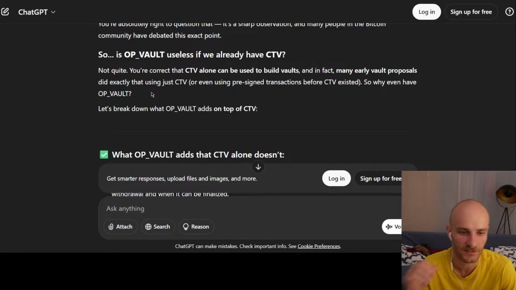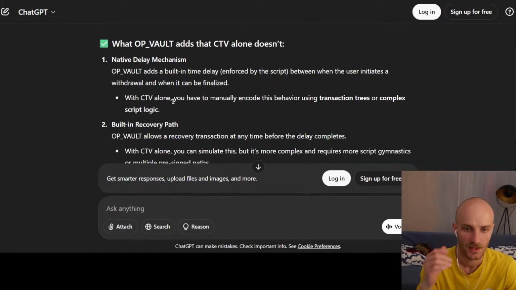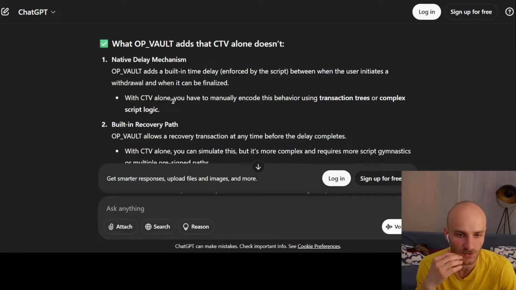So why even OP Vault? Let's break down what OP Vault adds on top of CTV. First, a native delay mechanism. OP Vault adds a built-in time delay enforced by the script between when the user initiates a withdrawal and when it can be finalized. With CTV alone, you have to manually encode this behavior using transaction trees or complex script